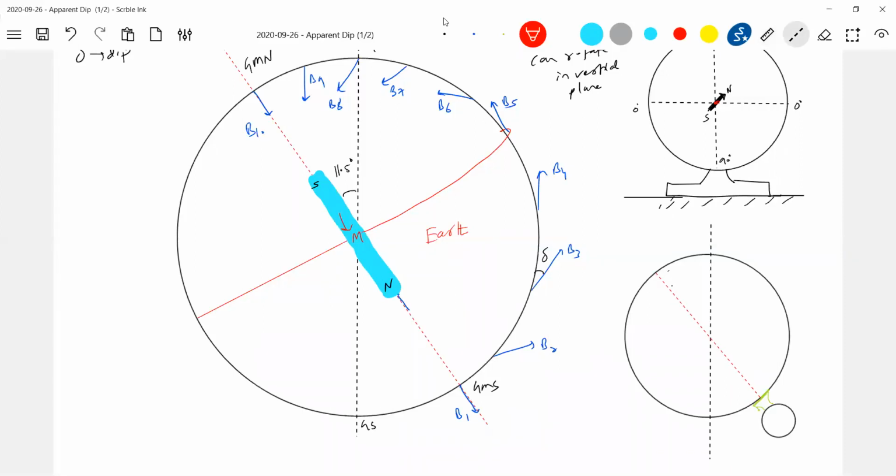Come for this. So this is the needle. How we have to show it? The needle will align itself in this direction. I'm able to show only that needle, N and S. So this is the geographic south, geomagnetic south. One needle of this will show it. It's available here, no?